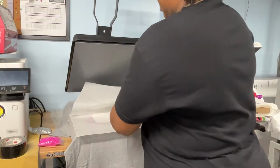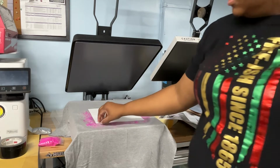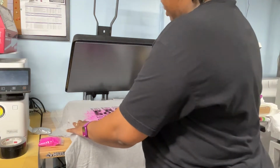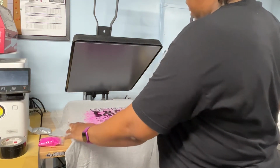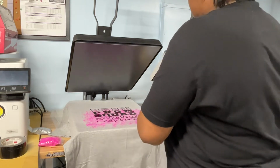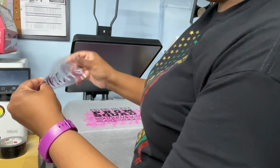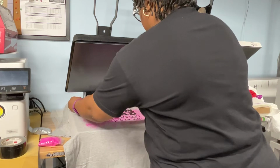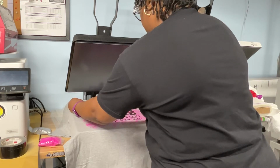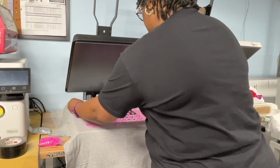Okay. This is the parchment paper. And let's pull this up. Now, the instructions told me that some pieces of the confetti would come up. And it did. But as you can see, it's nice and pretty. And now I'm folding this in half. Make sure it's centered. My crease is still on there so I can see where it's going. And this time I want to actually put the pink print a little bit higher than I did the last time. So I'm actually lining it up